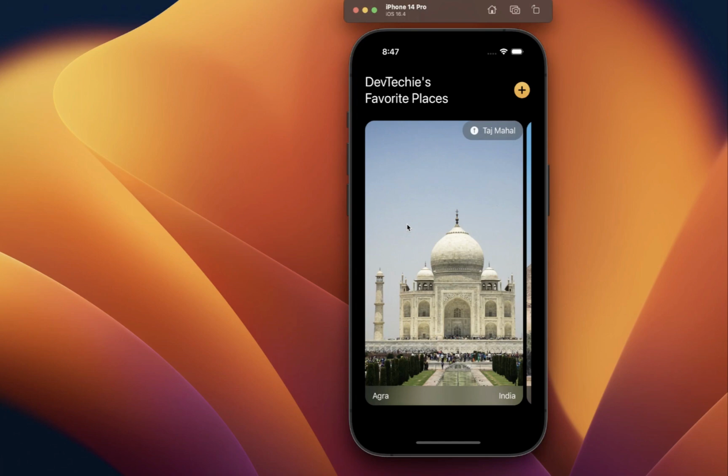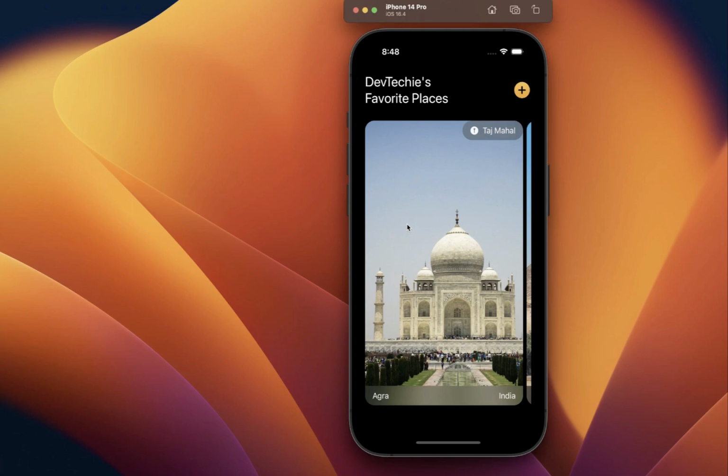SwiftUI versions. Okay, so first let me go ahead and showcase what we're going to build, and everything we're going to build is going to be from scratch. We're going to start with the UI, CoreData, all the components, networking calls, and we're going to be using async and await in certain situations to download images and stuff like that. So you're going to see how that works, but let me give you a quick walkthrough of